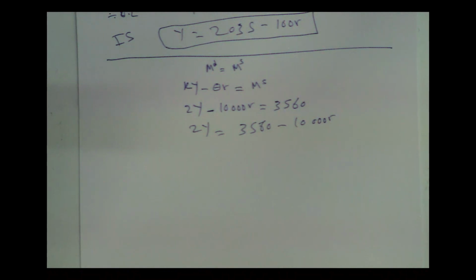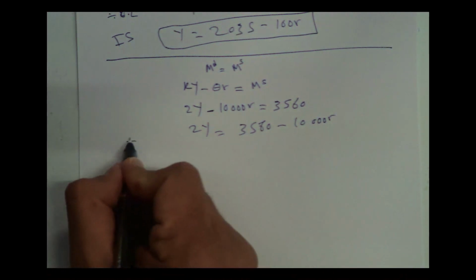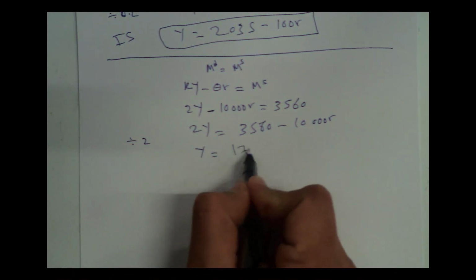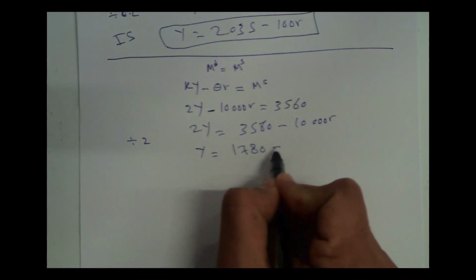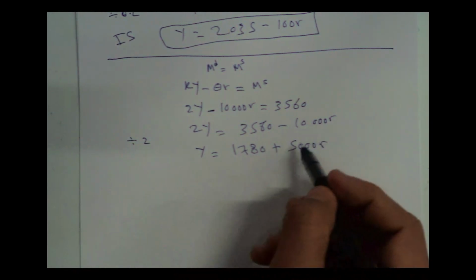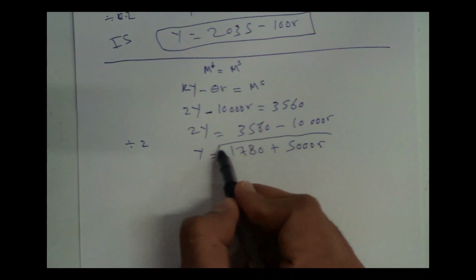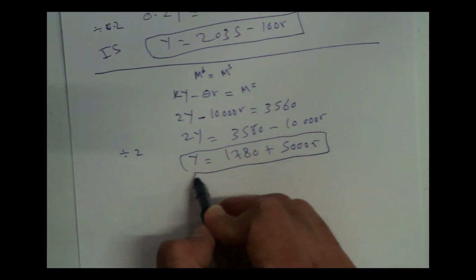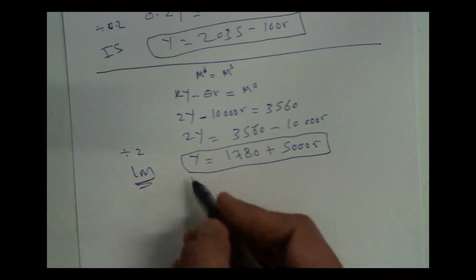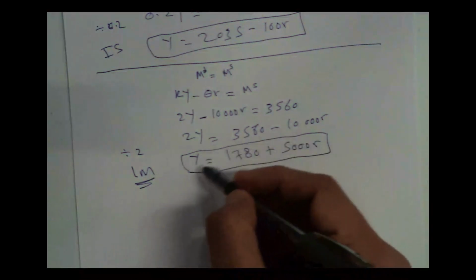Okay. So from here, just divide by 2, and that means y equals 1780 plus 5,000 r. So this is an equation for the LM, or this is from the money market. Okay, so what I need to do here is,